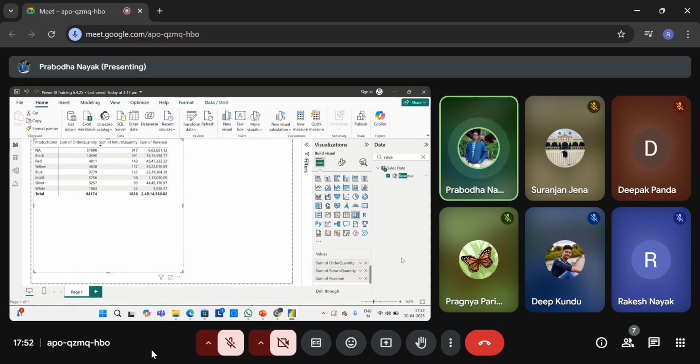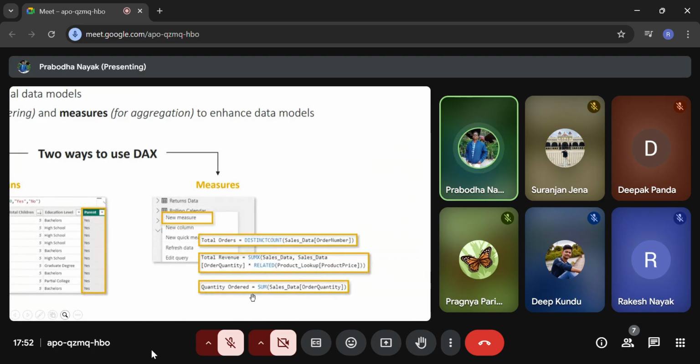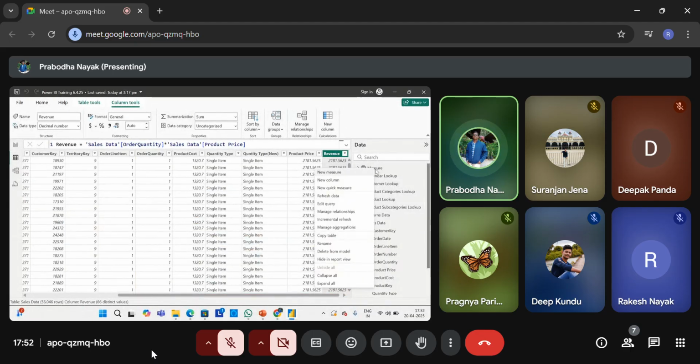But the problem is I don't want to create multiple calculated columns. What is the major drawback here? What we did now is we created multiple helper columns, and we finally got the revenue. But the problem is, I'll create the same thing using my measure. So how do we do that? That formula is something different. So I right click and create a new measure,